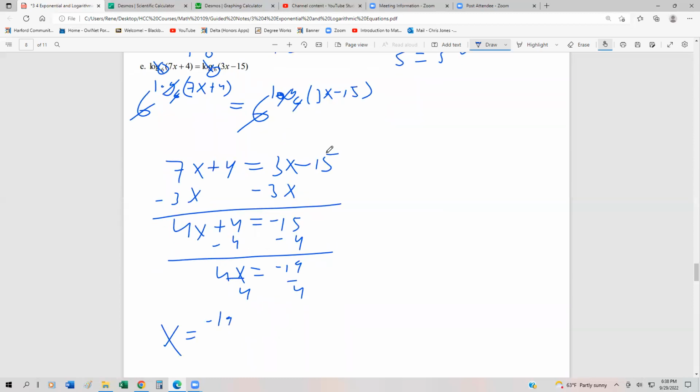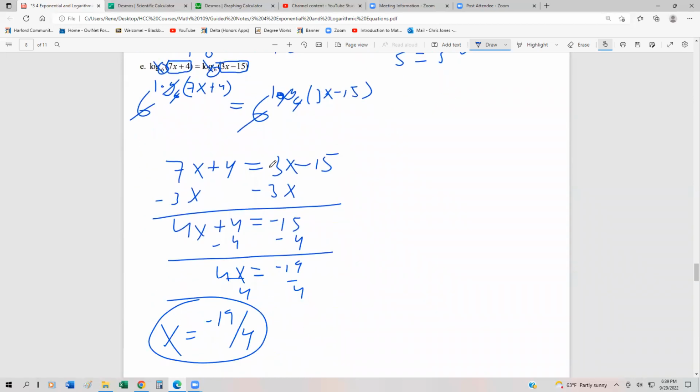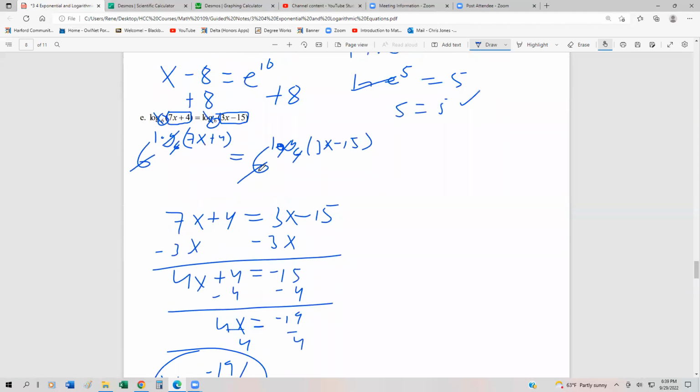Now, that looks like it might be a bad answer, because obviously we can't have a negative in the logarithm. But just because a number is negative doesn't necessarily mean it's not going to be a solution to the logarithm, as long as it doesn't make what's inside negative. So the last thing we're going to do is go in here and check to make sure that neither of those values make it less than 0. Okay, so on our check,